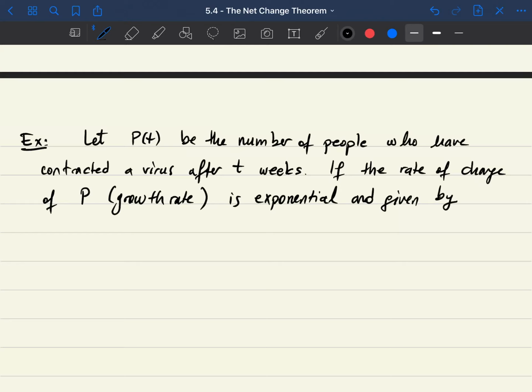So I have P prime of t equal to 2 times 3 to the power of t. This is just some simple model. Then